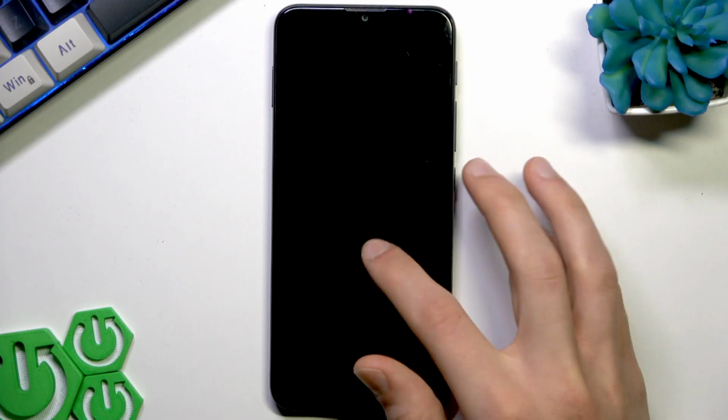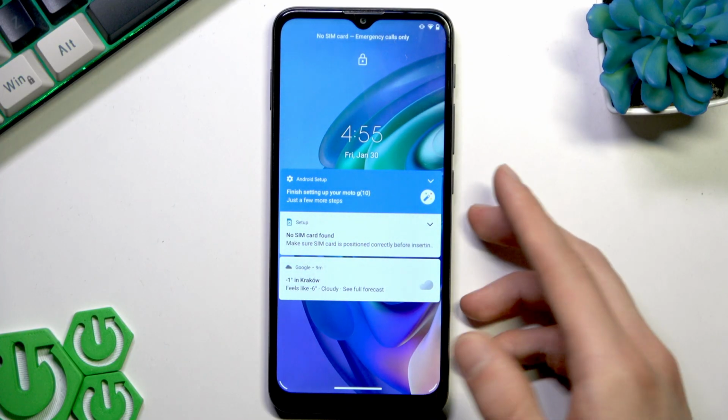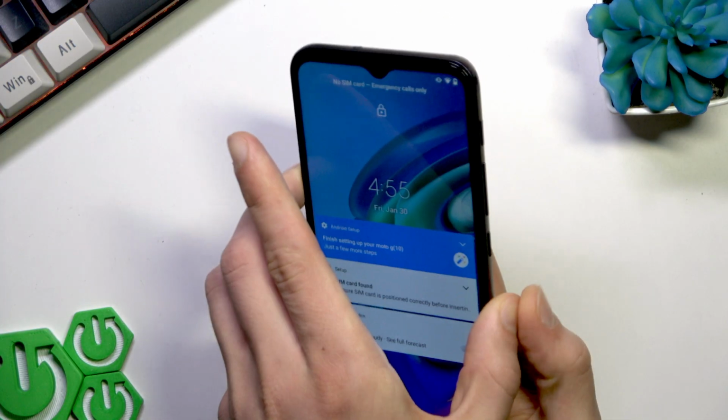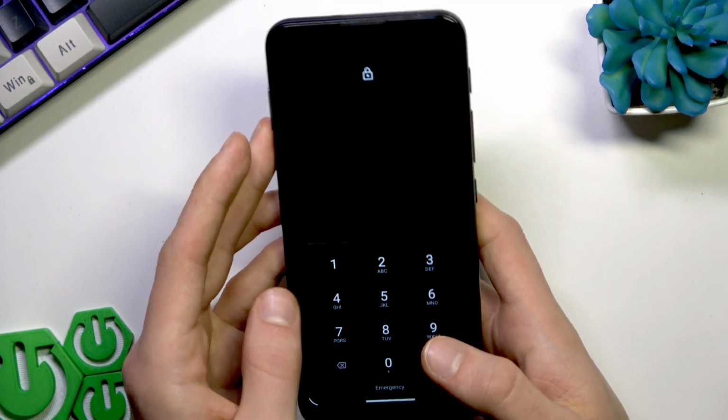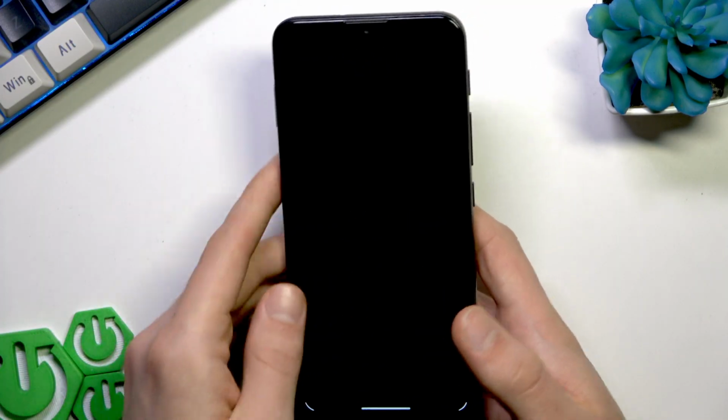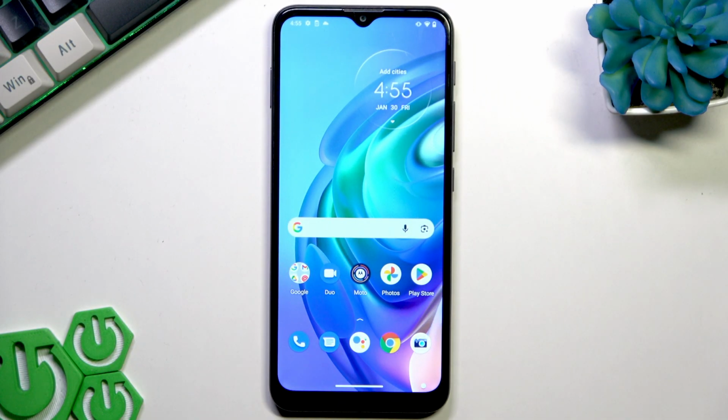First of all, if you have an alternative way to sign into your device, for example, fingerprint or face unlock enrolled on your device, then you can use it to access your device and back up your data either to Google Drive, Cloud Drive, or to an external SD card or anywhere else before performing a factory reset operation through the recovery mode. Now, if you want to know how to perform a factory reset operation through the recovery mode, you have to check the video, which is titled "How to Perform Factory Reset Operation Through Recovery Mode" on this Motorola Moto G10